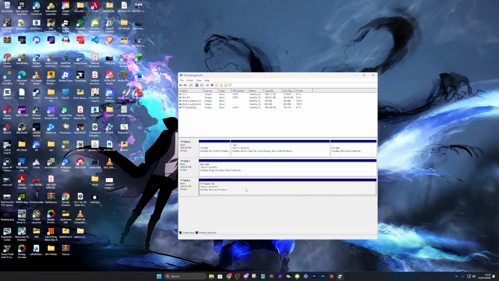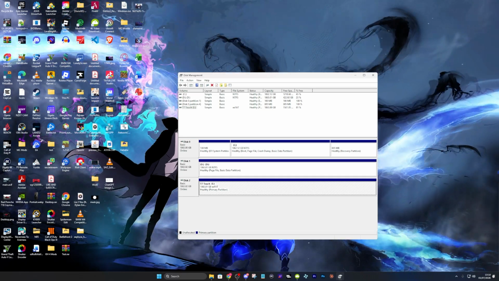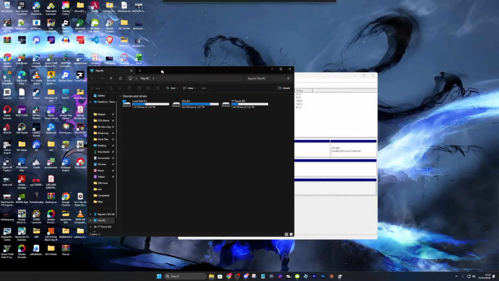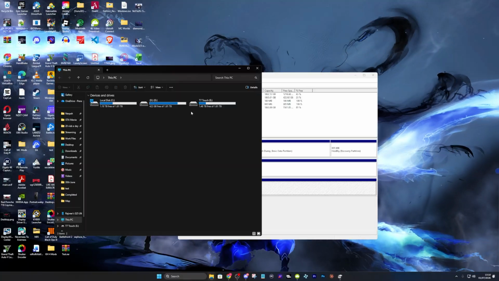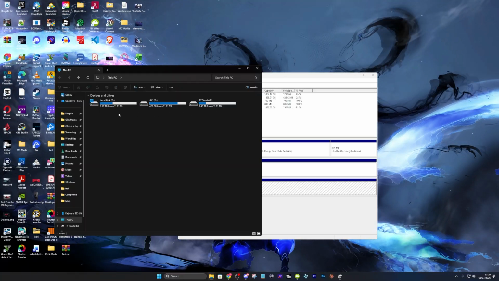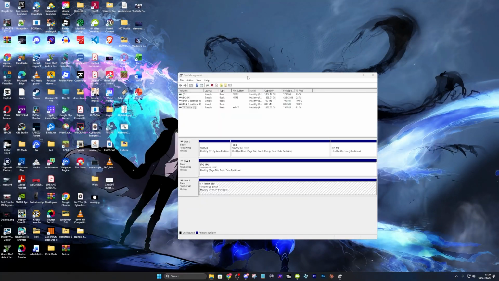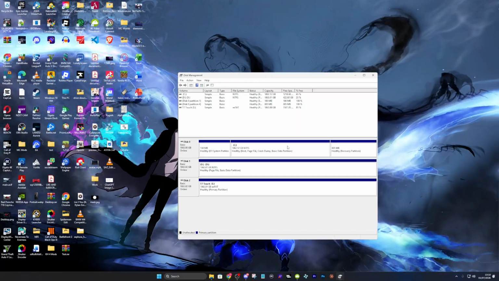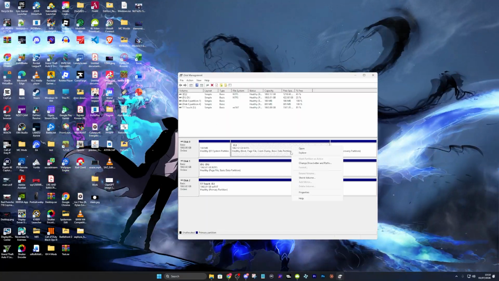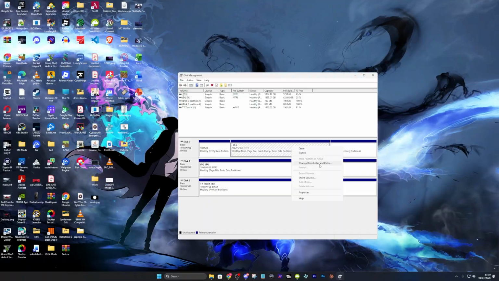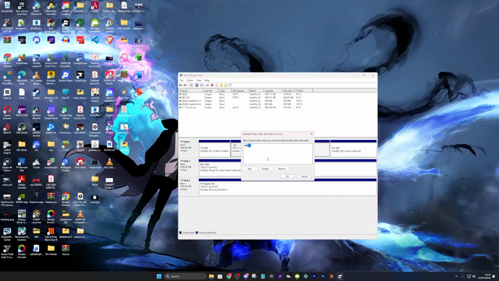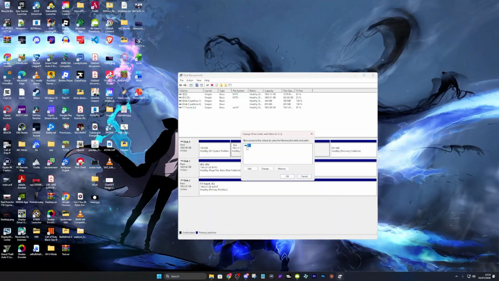If it's unallocated, that could be why it's not actually showing up in your list PC section within your file explorer as mine are right now. So what you want to go ahead and do if any of these drives aren't showing or anything is, if there is any allocated space, all you want to do is right click on it. And then you want to basically either extend the volume